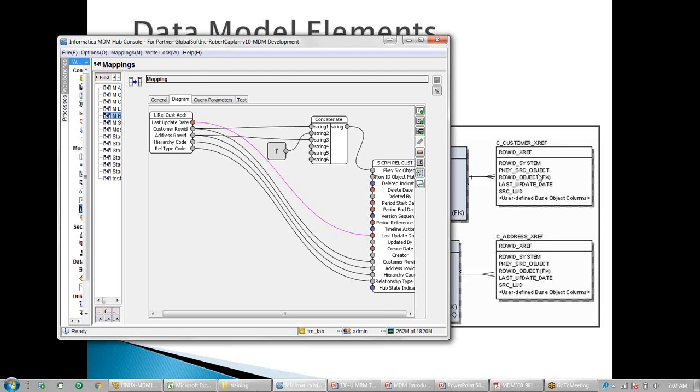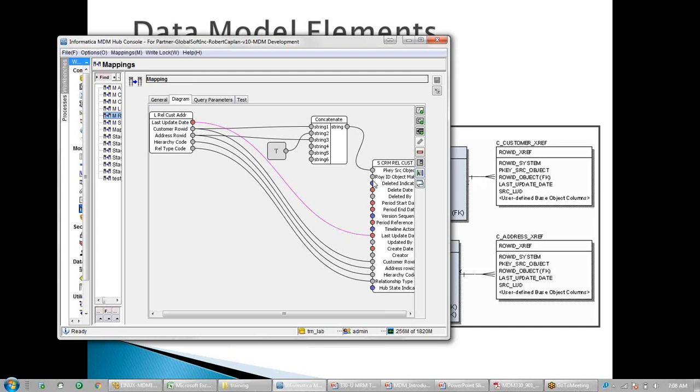Both of them we can hear. Commonly we say cross reference. That's a common term that we'll be talking about. So the row ID system value and the PK source object value both come from a staging table, because we are loading in this way: first landing to staging, staging to base object. So when we are loading the data from staging to the base object, at that time this PK source object value and the staging table source system are used. This staging table belongs to a CRM system.